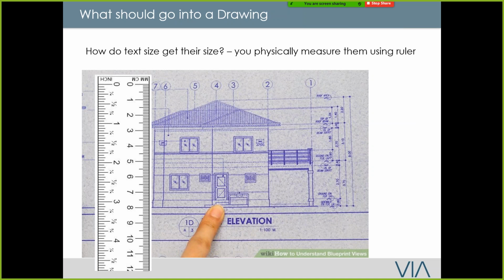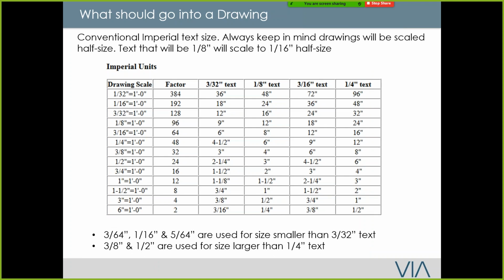Text size. Majority of people always ask, okay, how would you measure text size? How you measure it is you actually print out a drawing, and you take a ruler and just measure the actual text size. So that's how we do it conventionally. If you're doing imperial or metric, this is the size. For us, if you're using imperial, you kind of have to stick with this conventional 3/32, 1/8, 3/16, and